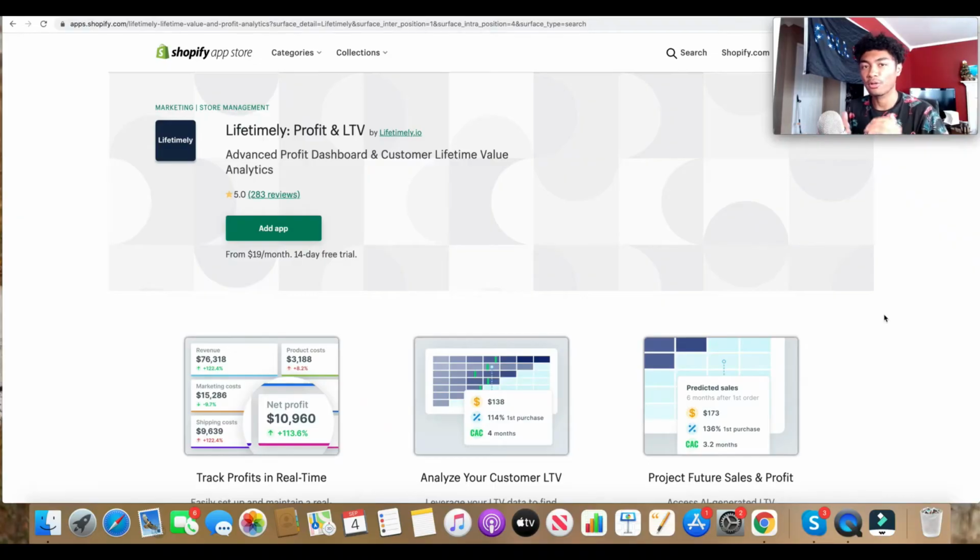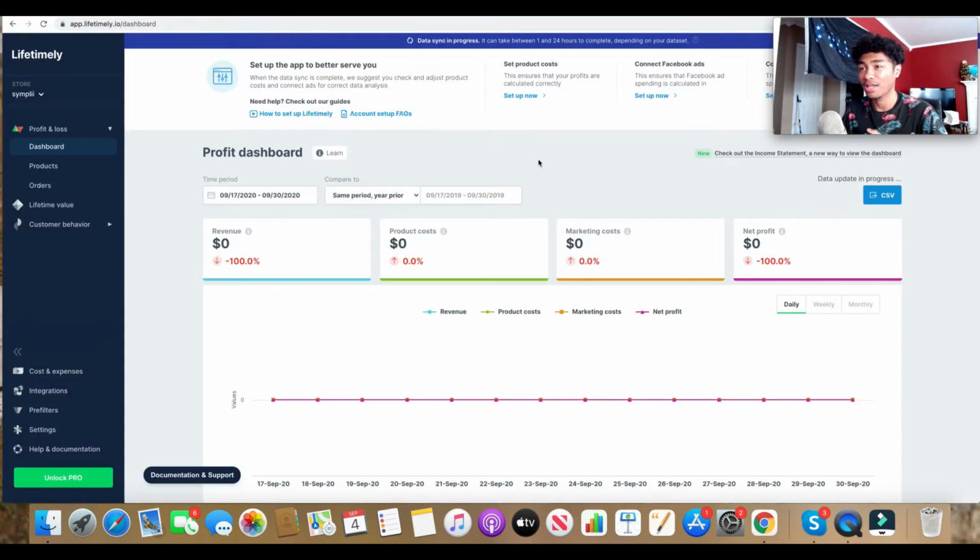So for the first profit tracking app, we're going to be looking at Lifetimely, and there's a whole bunch of different apps that you guys can be using. They essentially all do the same exact thing, but these are personally the ones that I think are going to be the most beginner friendly. Right now, I don't use this app specifically. I actually use BeProfit,